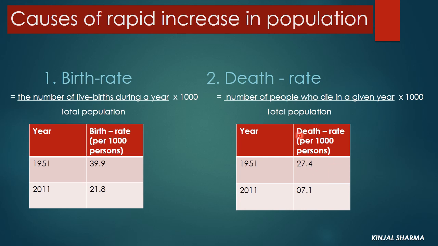The main causes for this fall in death rate are control of famines, improvement in quality of life, nutritious food, and improvement in medical services. Because of that, the death rate has decreased. Then there is the spread of education and improved medical science. Because of medical science, many lives are saved, so that is also a main reason for the decrease in death rate. And research in the field of surgery, and control of infectious diseases.